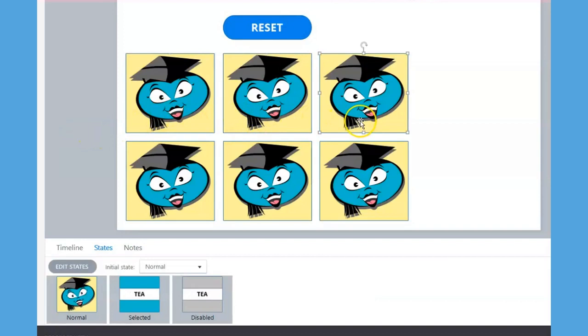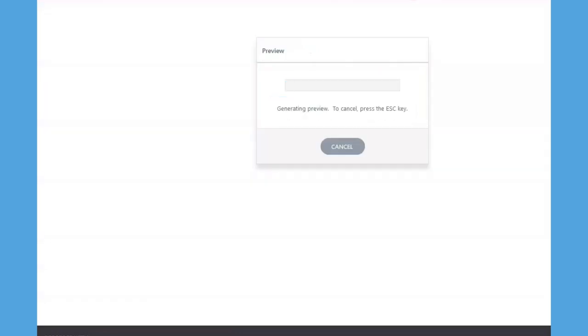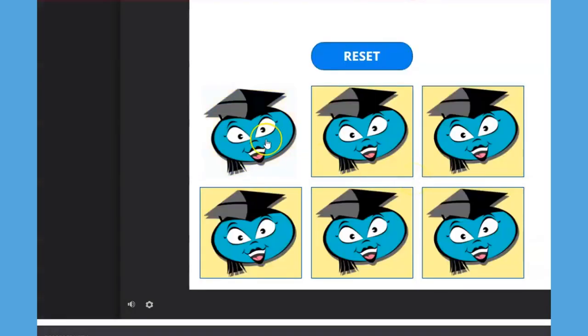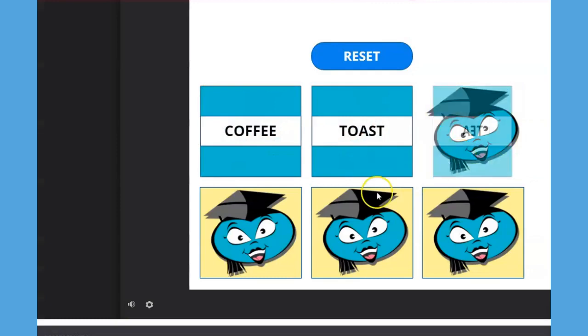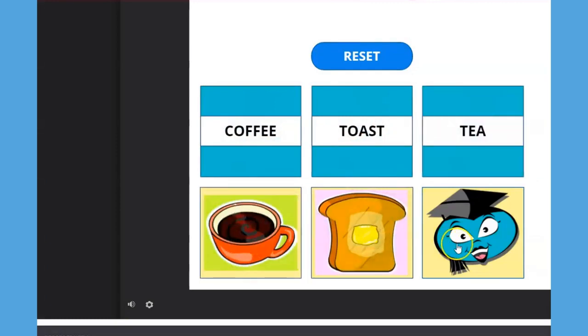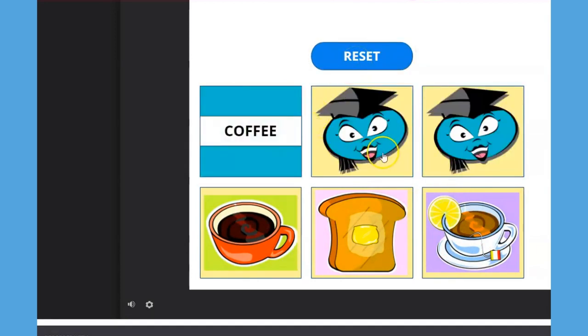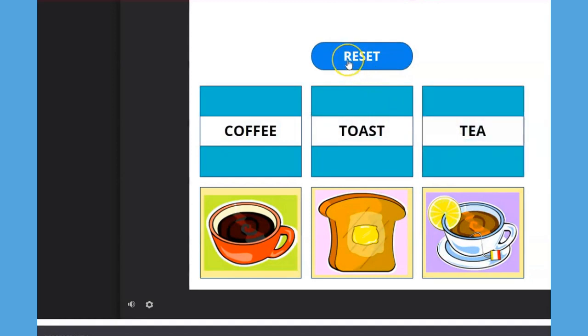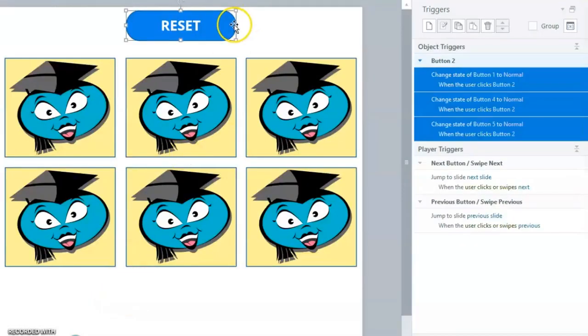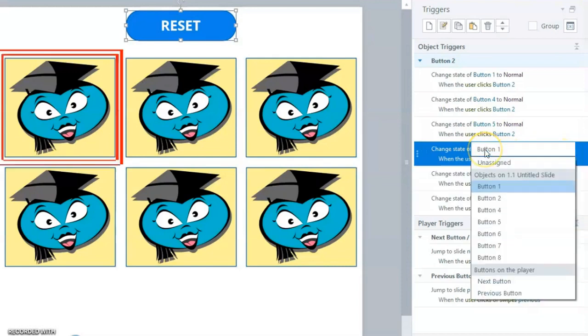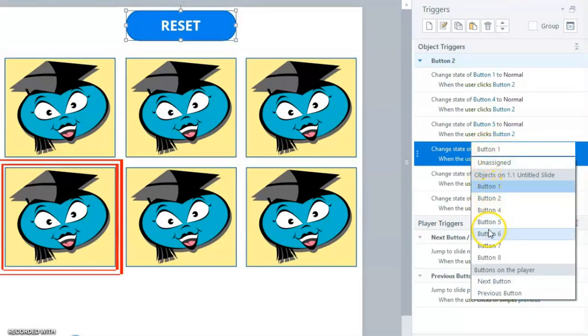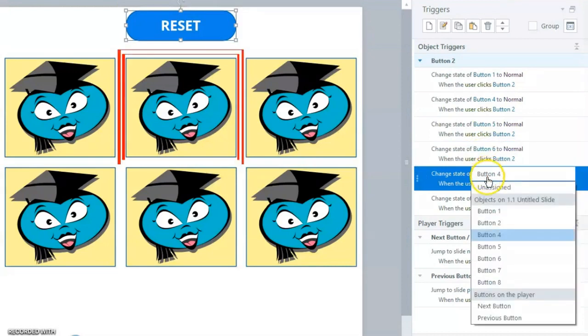After we have modified each card, we can see how they look in preview mode. Notice that the Reset button only resets the top 3 cards. To quickly add new triggers to the Reset button, we can copy and paste the existing code to the last trigger. Now we can easily change the button names by clicking on the current button name and selecting a new